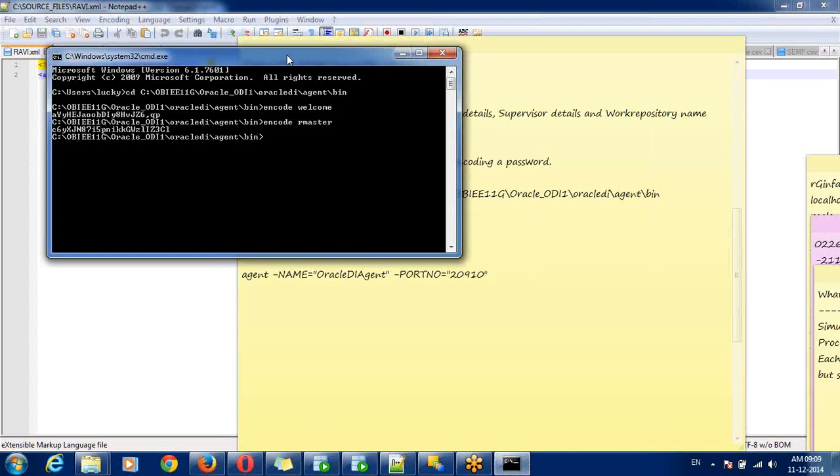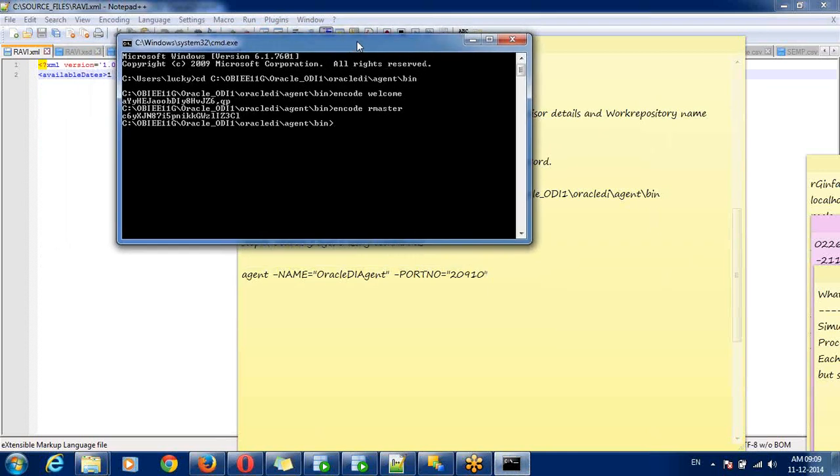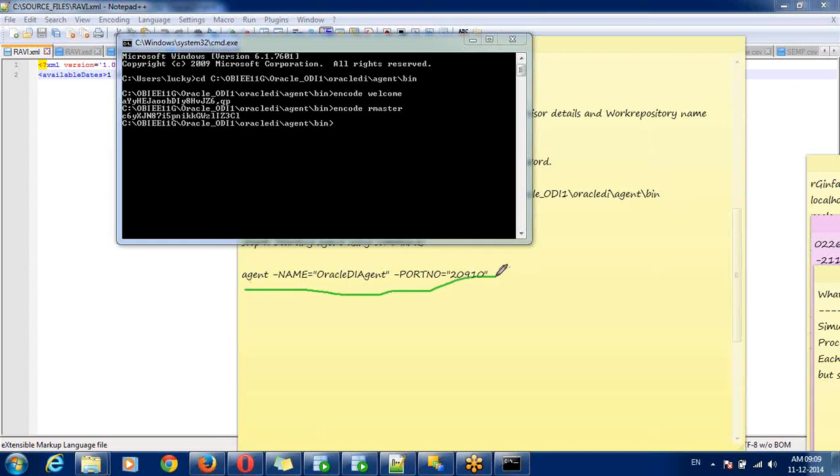Go to your bin folder and use this command to start an agent. You should be in the agent bin folder, that is your directory.